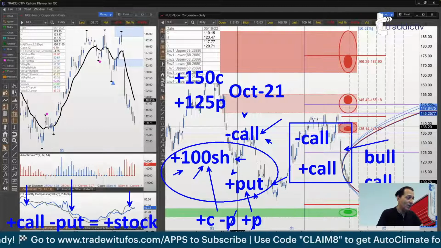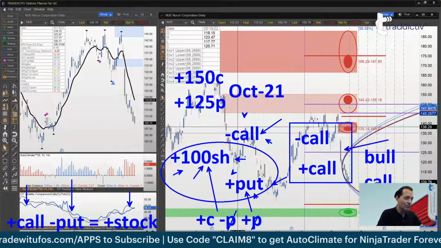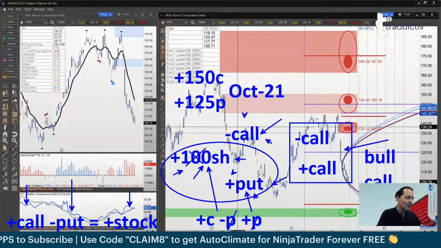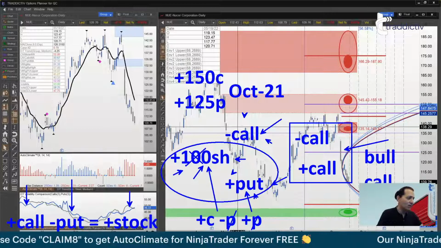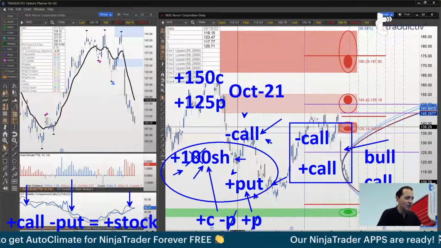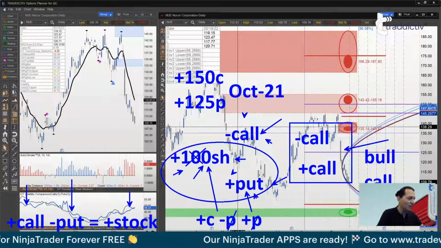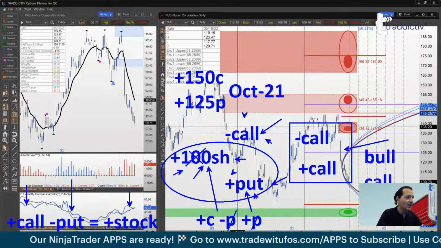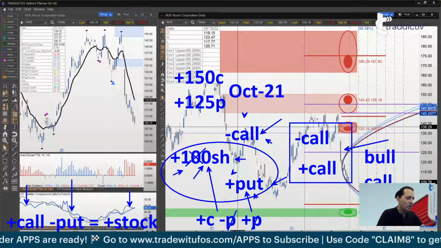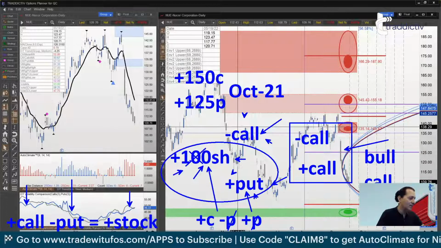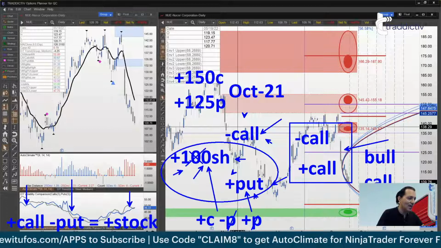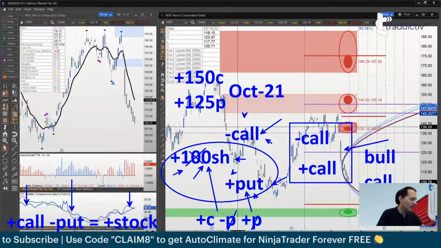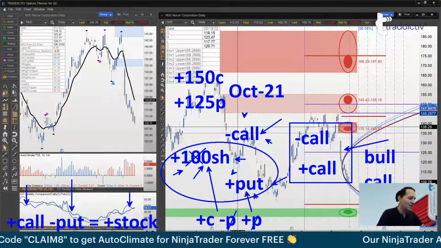To me, it would be worth it to buy the bull call spread and then close the shares, because you are in the same position, but you are not using $12,500 of your money. So from a use of capital point of view, it's way more efficient, and from a risk and reward point of view, it will be exactly the same. Okay, so that would be my suggestion on how to tackle the coloring of the assigned shares.